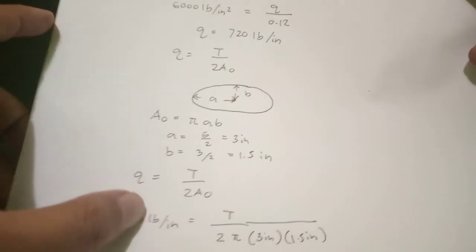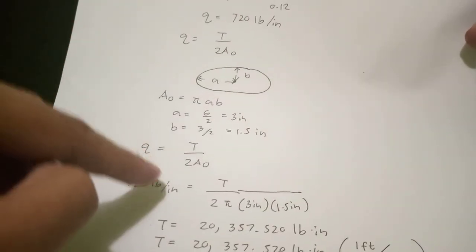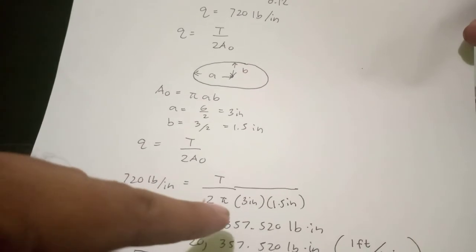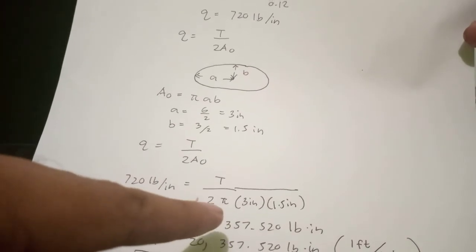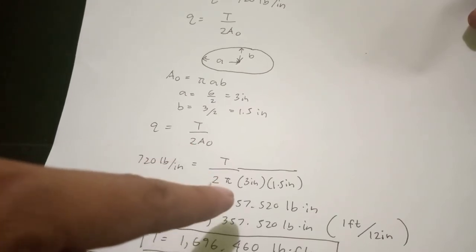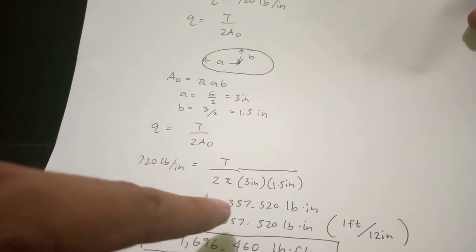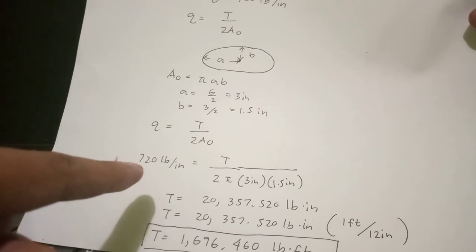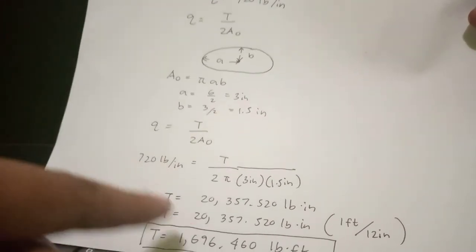So q is equal to T over 2A sub O, and A sub O is pi times 3 times 1.5. Substituting, with q equal to 720 pounds per inch, the shear flow,